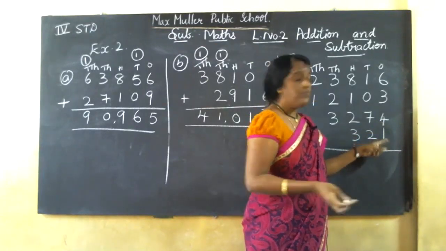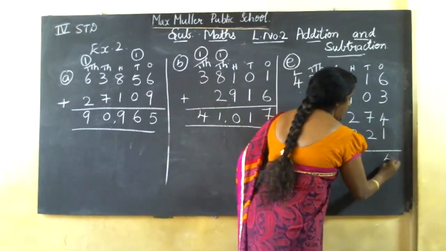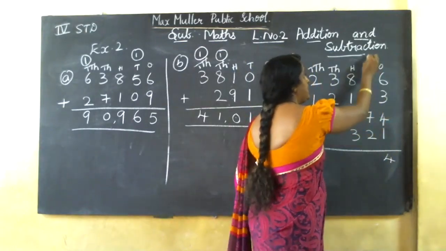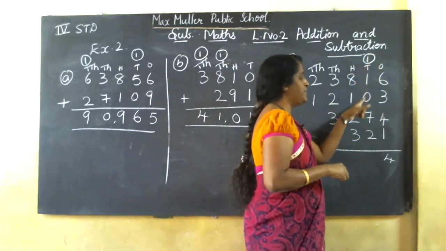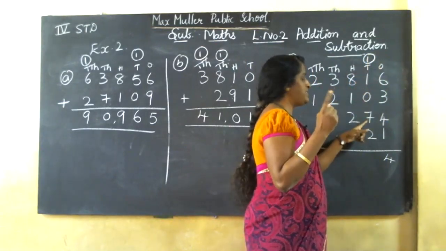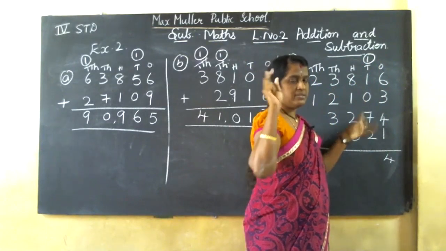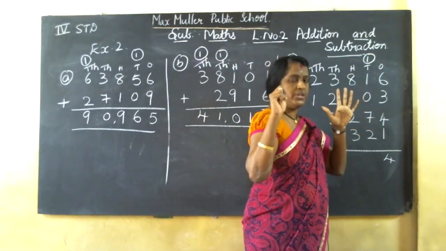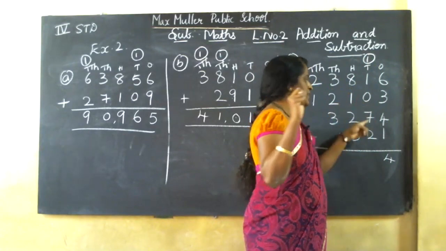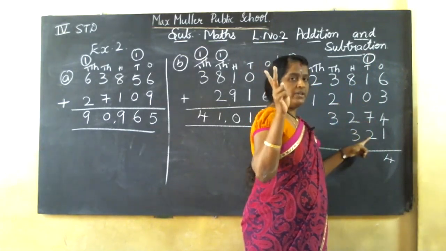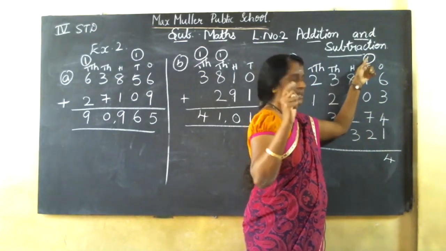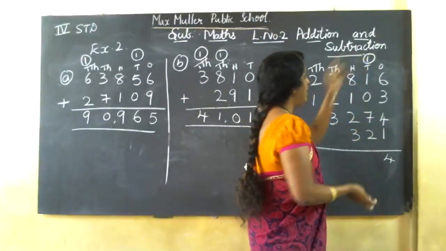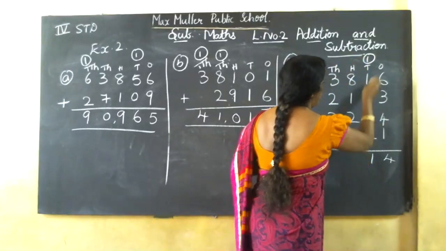After 13, 14. 4 here, 1 carry will be in tens place. 1 carry will be in tens place. 1 plus 0, 1. 1 plus 7, 1 in the mind, 7 on my finger. After 1, 2, 3, 4, 5, 6, 7, 8. 8 in the mind, 2 on my finger. After 8, 9, 10, plus 1, 1 carry. 11. 7, 8, 9, 10, 11.